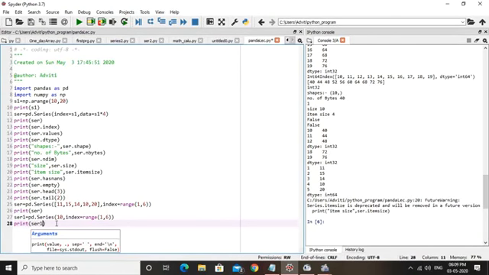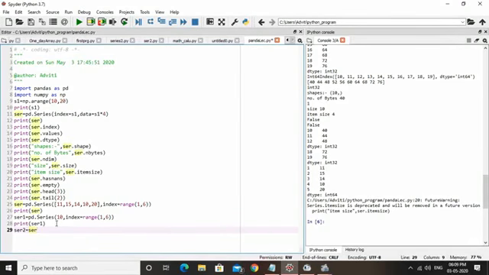Now we have to perform the mathematical operation between SER and SER1. This is very simple. I am using the variable SER2 equals SER plus SER1.